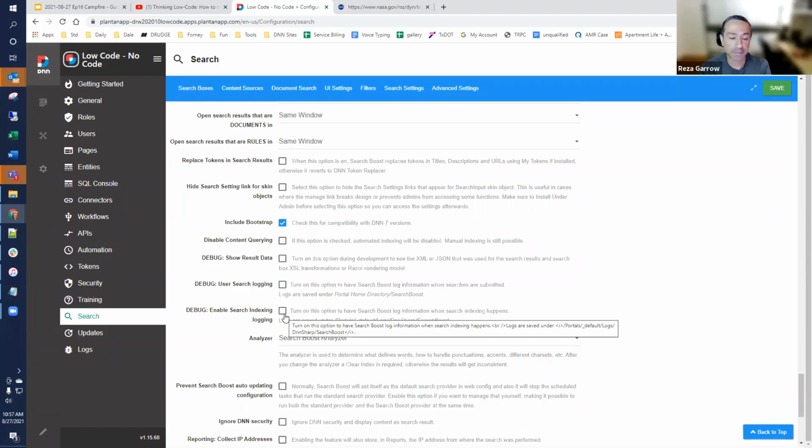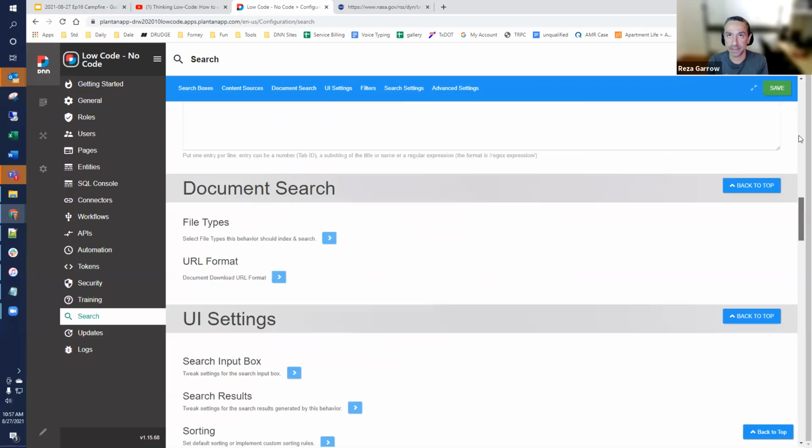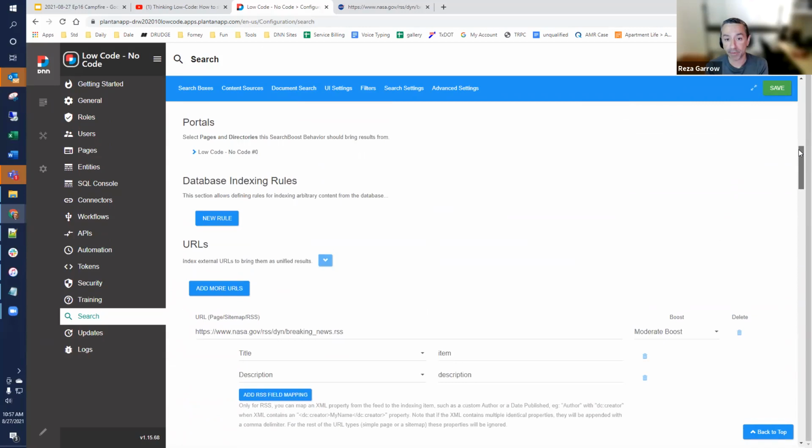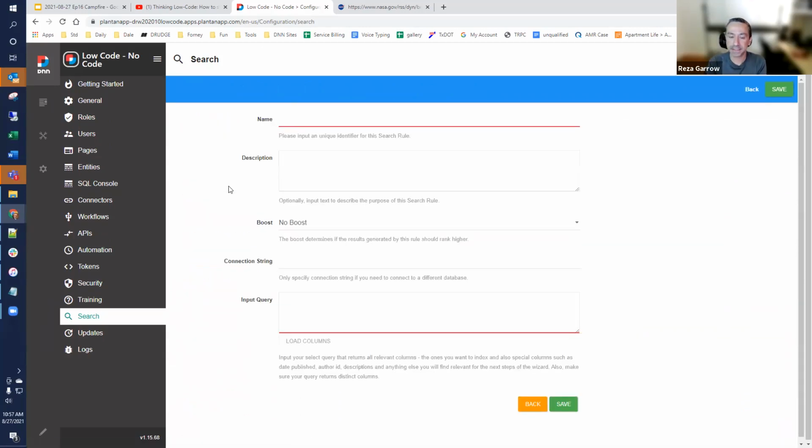From a database standpoint, we have a pretty major client that only uses the product for Search Boost, and they've got a bunch of really big Oracle databases, terabytes of data, that they're using to bring it all into one spot that they can search against. It is really fast. It's powerful.